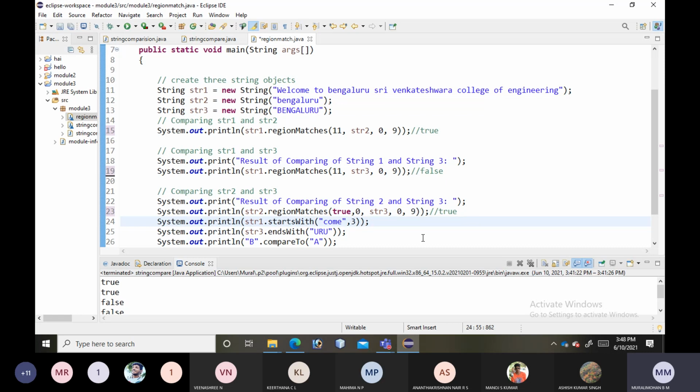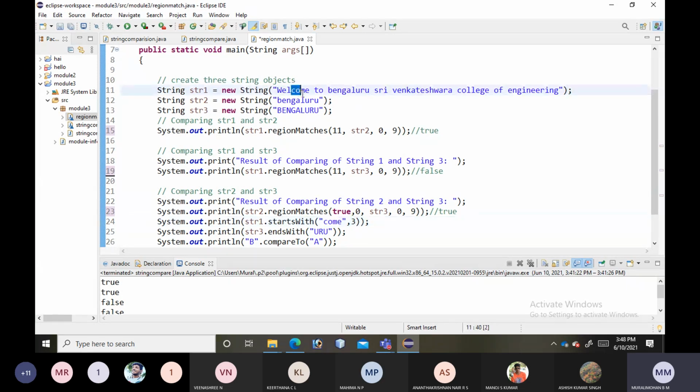Okay, what is the output of this line? True. String 1 dot starts with come. What is this 3? It indicates the index value. So string 1 is welcome, but we are telling that starts with come from 3rd index position.